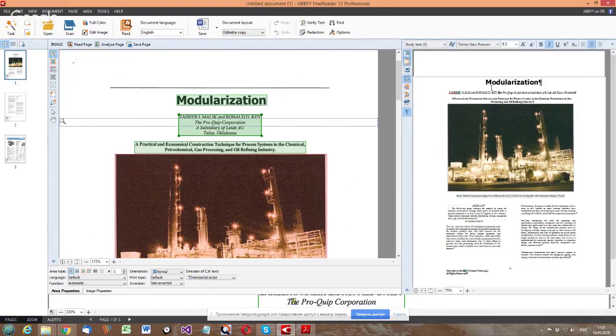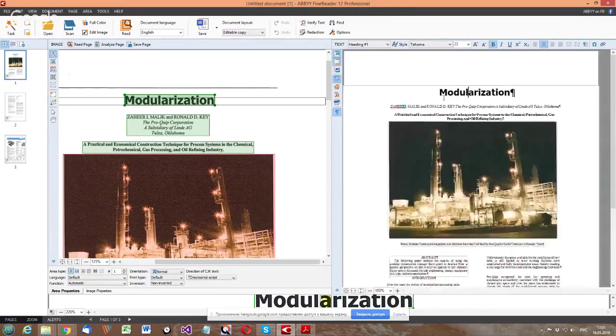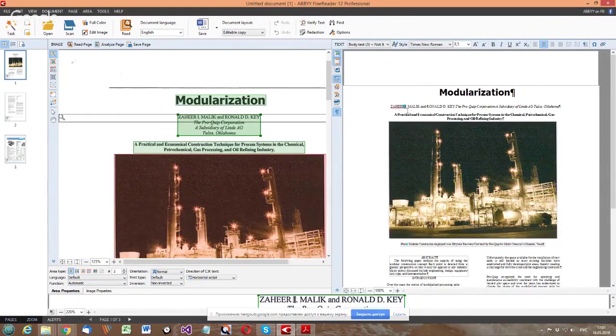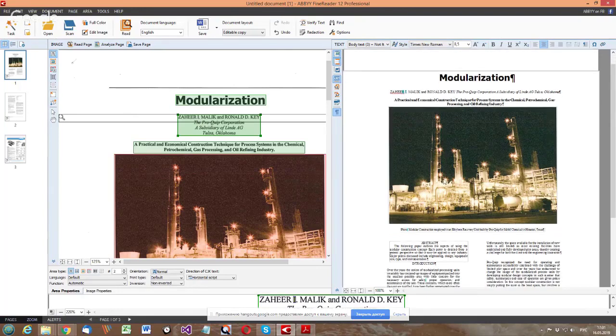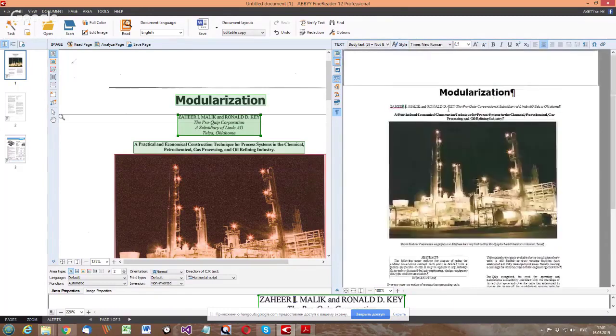So let's zoom in on, I will decrease the size of this image window and zoom in on the text window. First of all, I can see that there is here, where I have turquoise background, I have a space in the PDF, but no space in Finereader, so I insert the space. Then I check the other highlights, and everything seems to be in order. However, I see a problem.